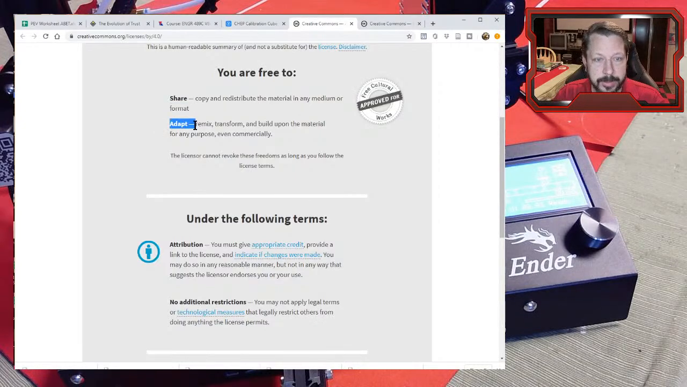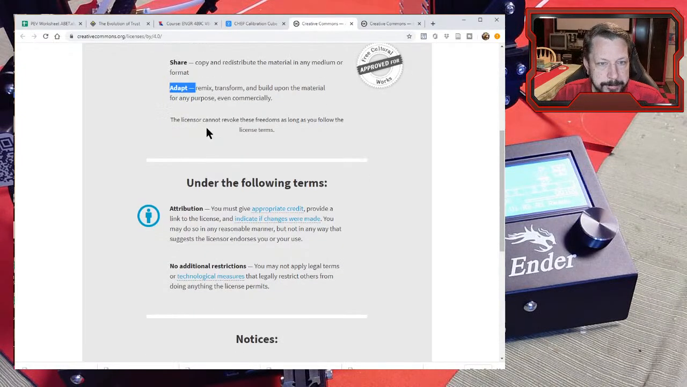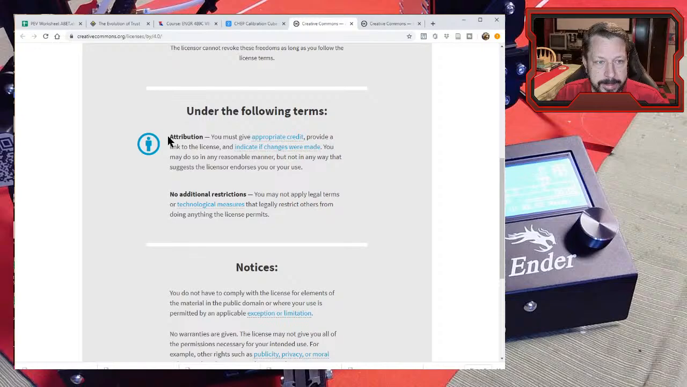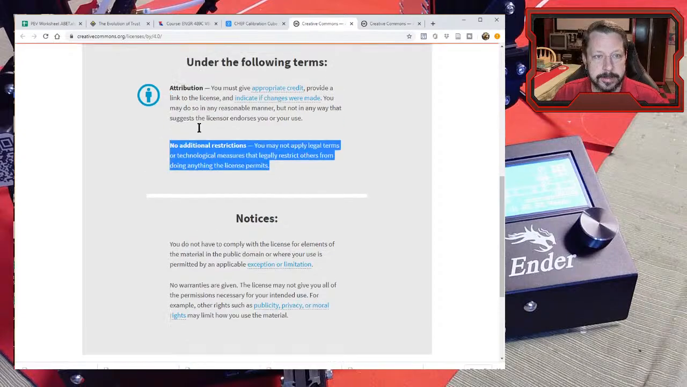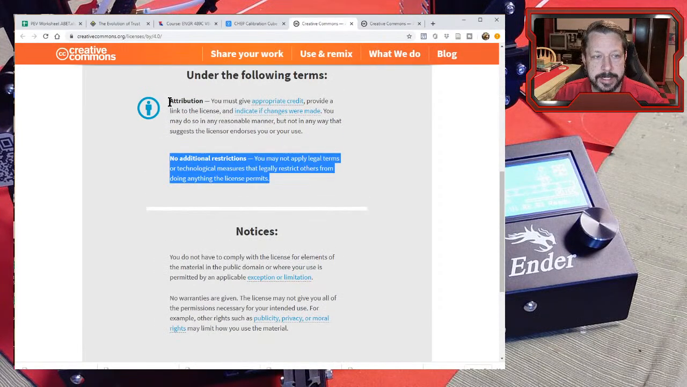I can adapt it, so I could maybe change it somehow, put my logo on it instead of that one or whatever, as long as I attribute where I got it from, so there's kind of a history of, hey, I started with this file and then I did this stuff to it, and that's it. So this one's pretty open on what you can do with it. Basically, the creator just wants you to say where you got it and who was the original creator of this